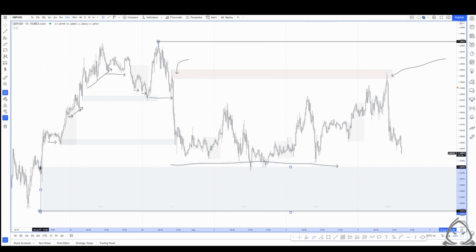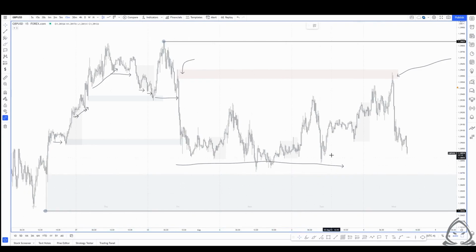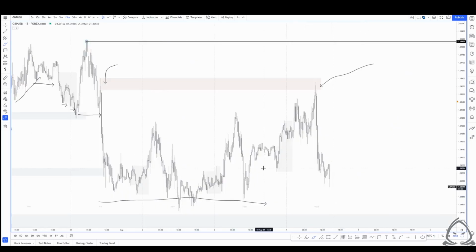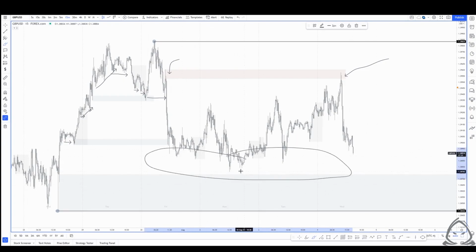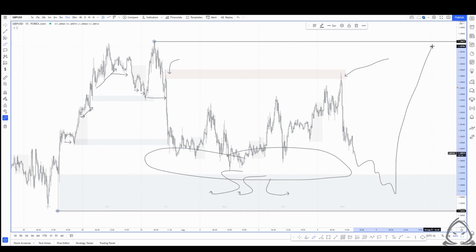If we were to refine our zone on a 15-minute, we could look at something like this. And if we look at that, we can see that we haven't actually tapped into this zone. So what this would end up being is inducement, or a build up of liquidity for the sole purpose of grabbing the orders that rest below, the sell side liquidity that rests below, to tap into demand and then continue